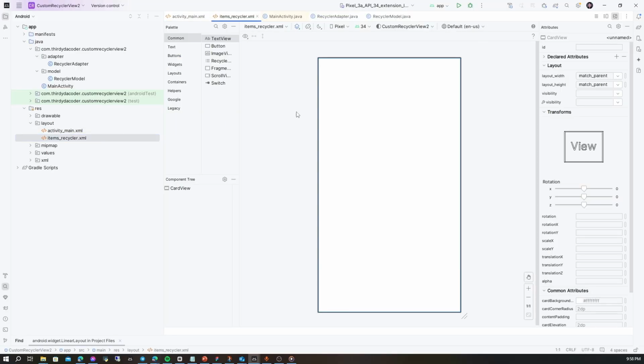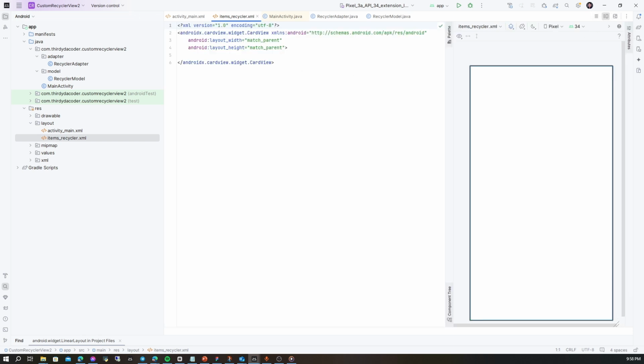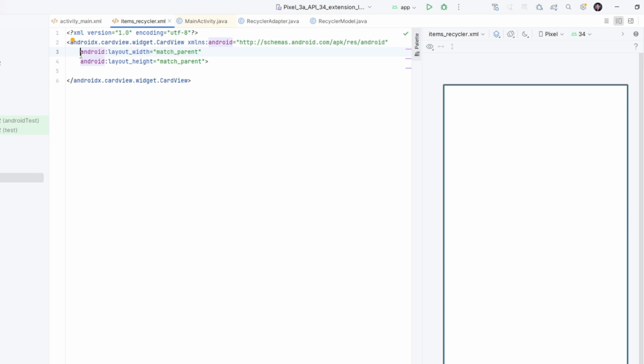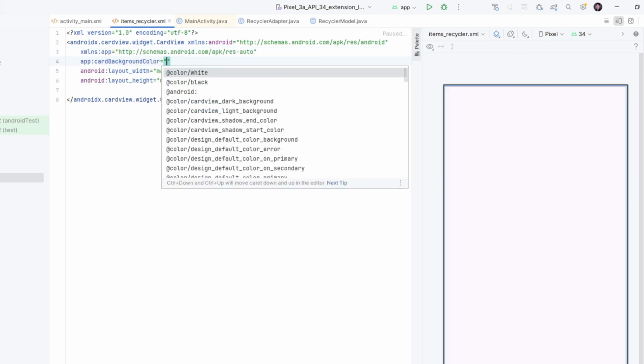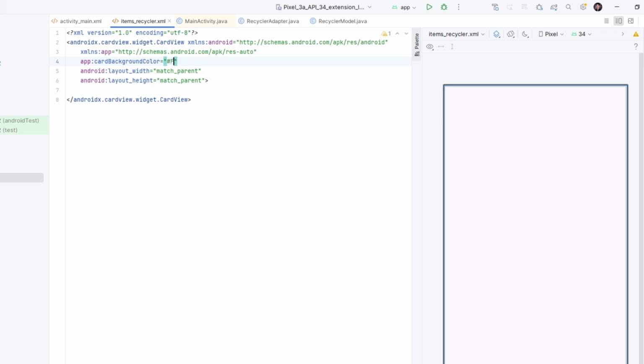Next, we can code the items recycler, which is the handler of every item in our recycler view. Our next step is to add the background color. For example, card background color, and then we can customize the color scheme. Then we can change the default height to wrap content.